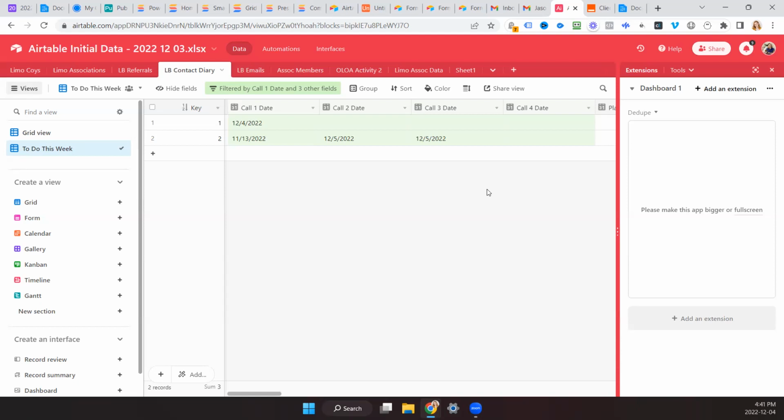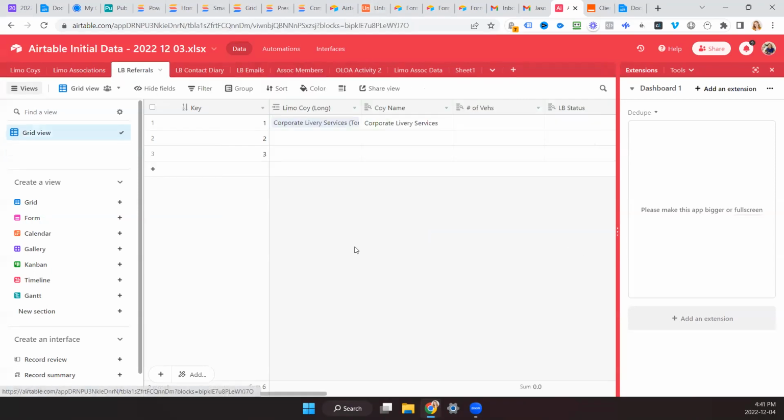And then using this Airtable, all I would have to do is go in and click on it and it would send it saying you were referred by, because that's what my LB referrals is. So if you go to LB referrals, I think I filled the first one out. So I see one, yeah, okay.